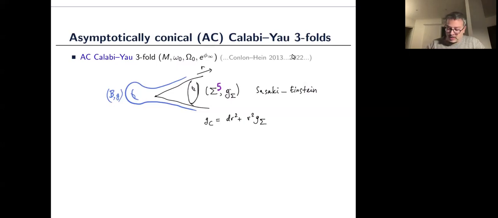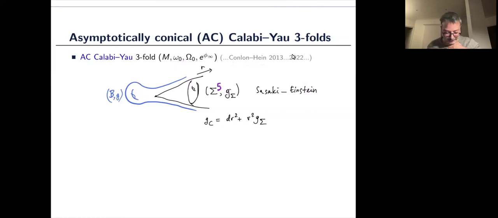There's been a lot of activity around this, involving many authors, and finally, very recently, a complete classification in terms of complex geometric data of these asymptotically conical Calabi-Yau manifolds, due to